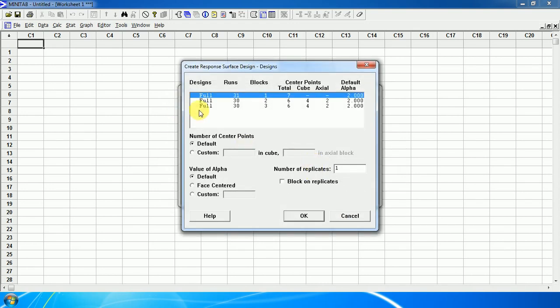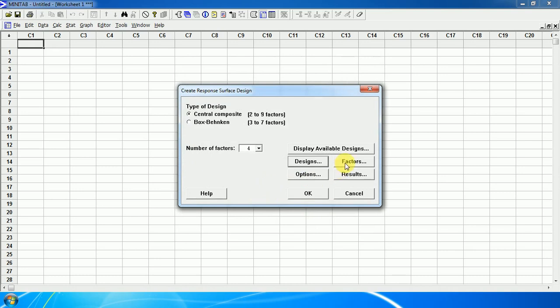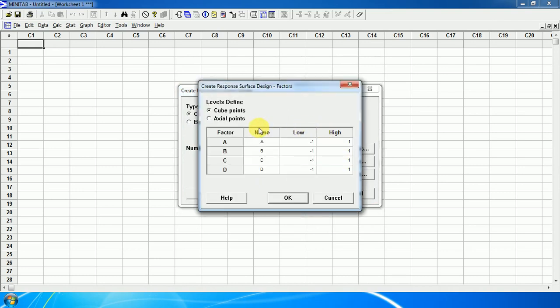Now for the design, we will run a full design with 2 axial, 4 cube and a total of 7 center points. Then we click on OK. Researchers can define their numbers according to their requirement in this dialog box, but we are going with the default. Then we will select the factors.